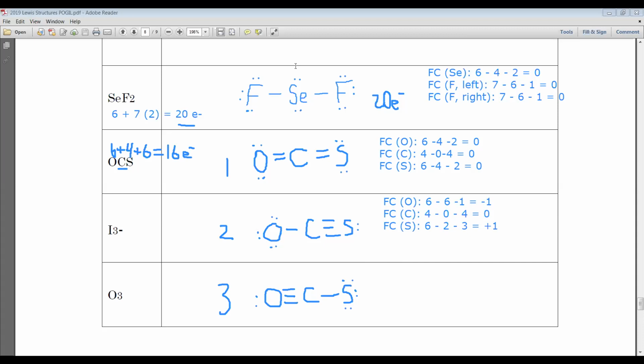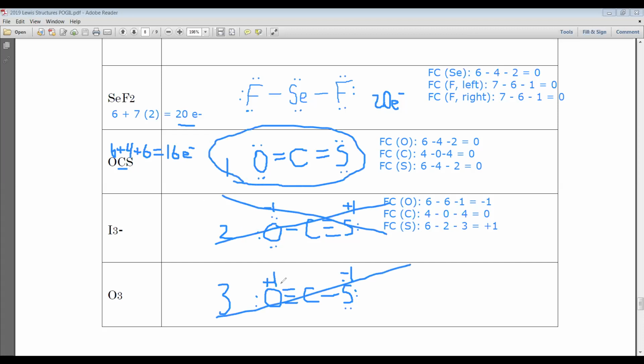So it's formal charge that drives the bus here. And the structure that minimizes formal charge as much as possible would be the one that is correct. So this is our correct structure. These, because of those extra formal charges, have some fundamental flaws to them, and are not usable for that reason. So that's what we have to think about. That's what we have to consider when we have